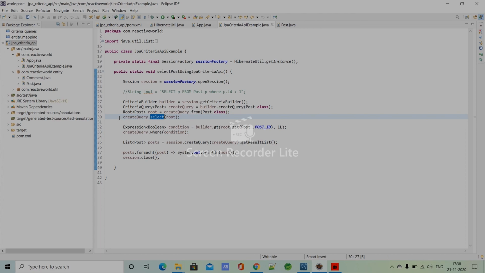Here also we can use our custom types. We do not need to always use the entity type. Thank you guys.